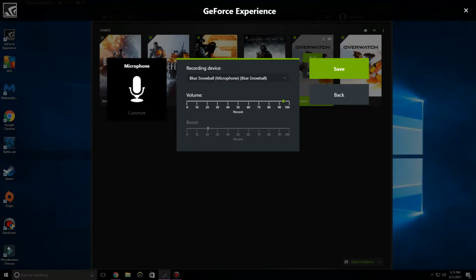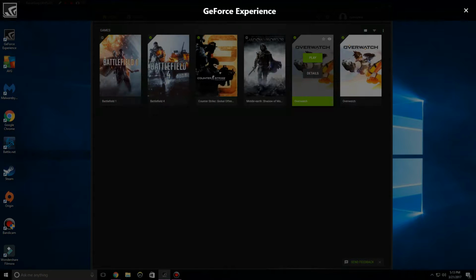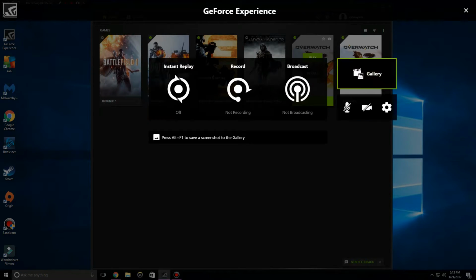I'm pretty sure, I've never used boost before, but I think it'll boost your mic. And I think also if 100 isn't high enough for you, you can use a boost too. So I'll leave it at 10, and I'm gonna leave my mic at about that volume, and then I can click save, and it will save my settings for that. Then you see this little classic film thing. You're gonna want to click on that. That's a webcam. So if I click on,